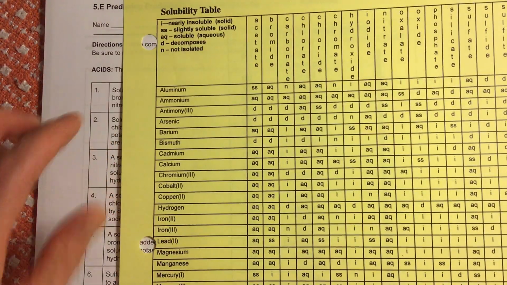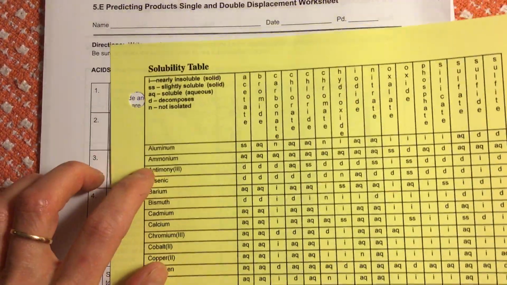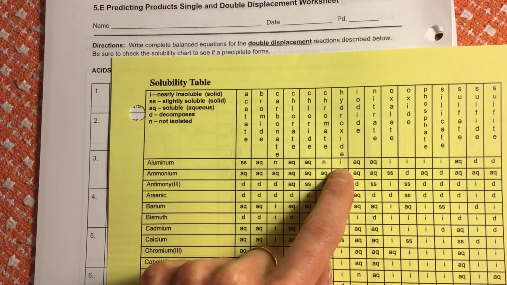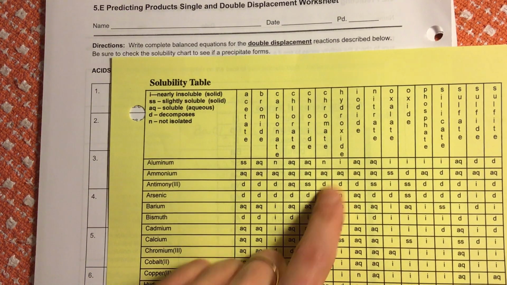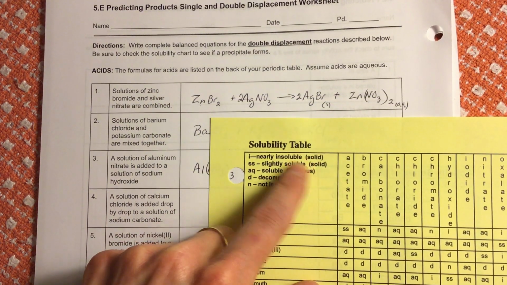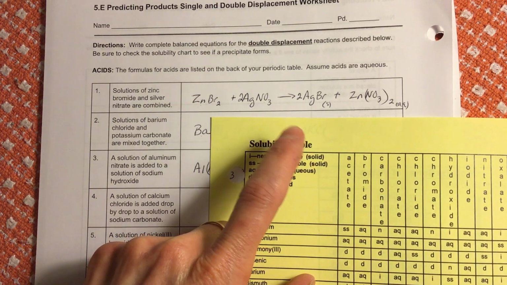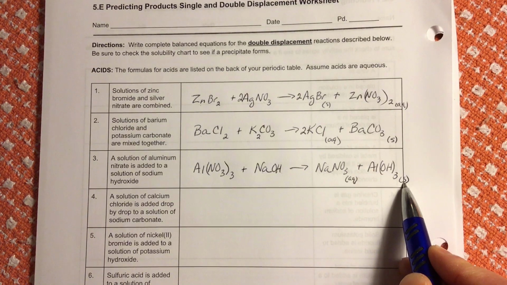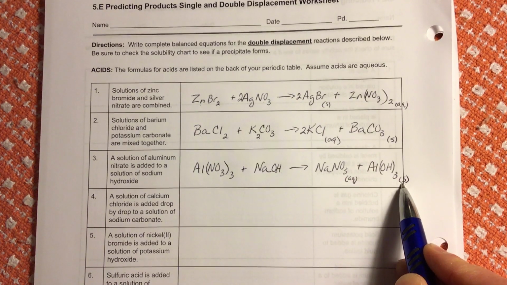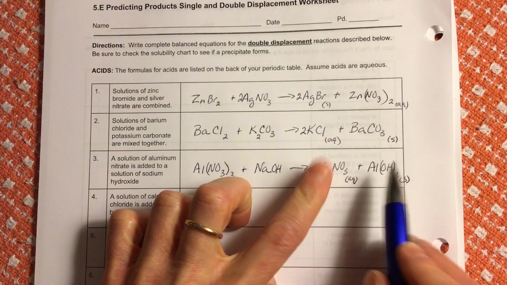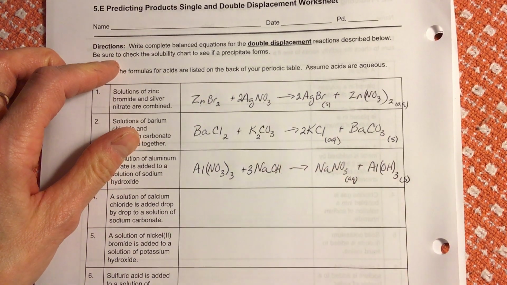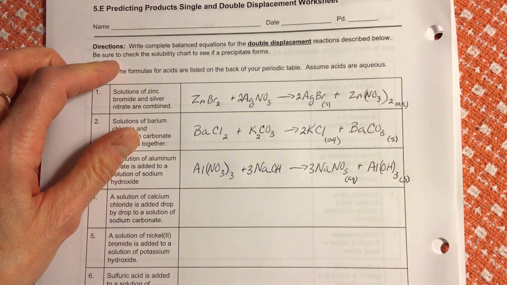Again, I'm not going to pull out this chart every single time, but if you're having trouble using this, please let me know. As an example, here's that aluminum hydroxide. You can see the little I there. If I see an I or an SS, meaning slightly soluble, or I for insoluble, that means I have a solid precipitate, and I should always write an S next to the precipitate. Don't write an I there or an SS, it's only an S. And it doesn't matter which order you put these products. Anyway, to balance this equation, I need 3 hydroxides on my reactant side and 3 sodiums,